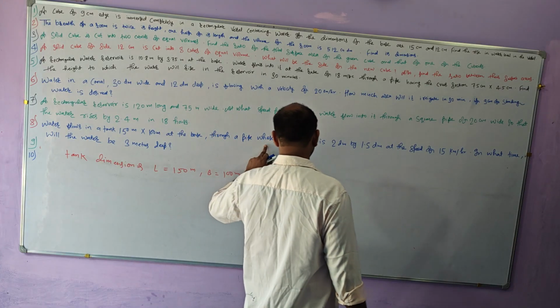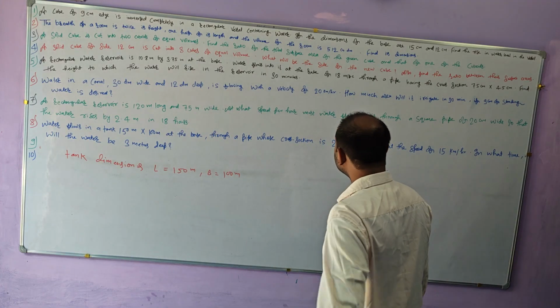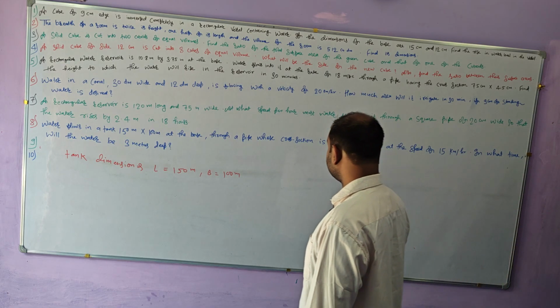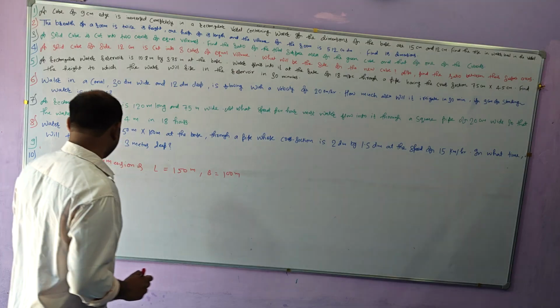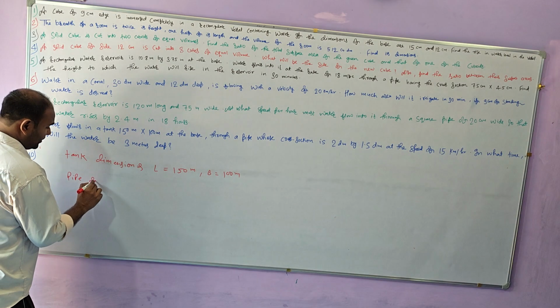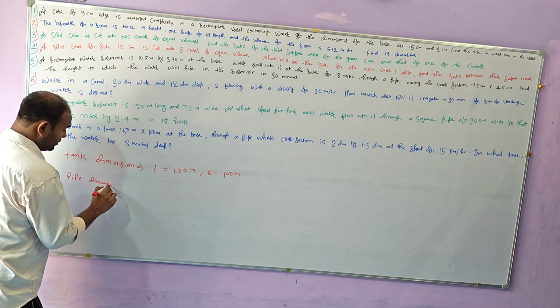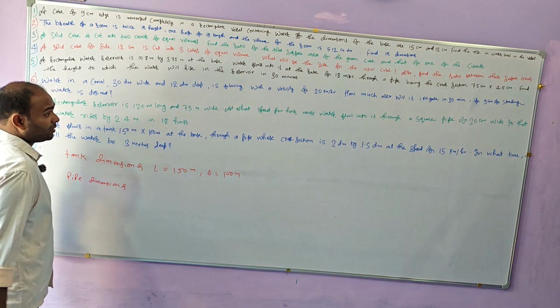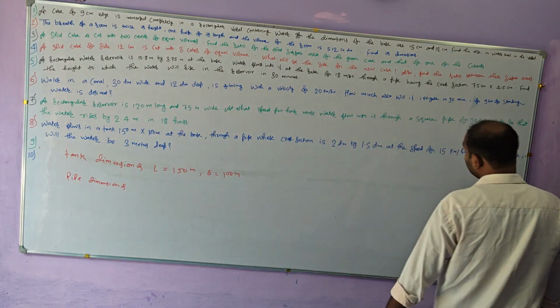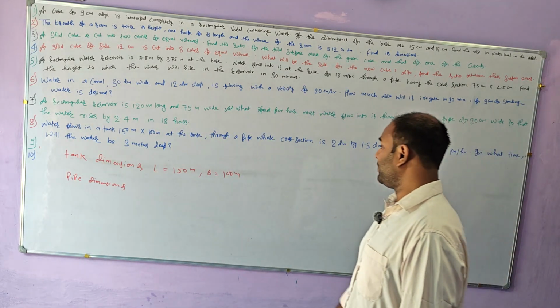Through a pipe whose cross section is, now the pipe dimension is 2 by 1.5 decameter,